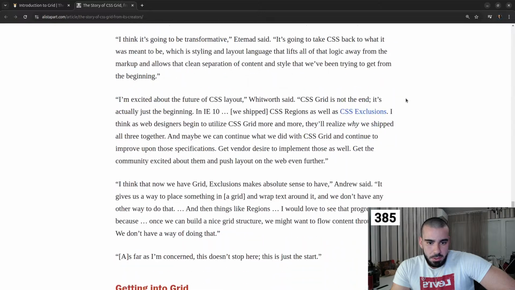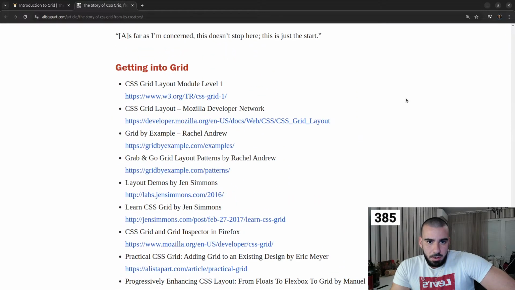What this means for CSS Grid. Alright, so